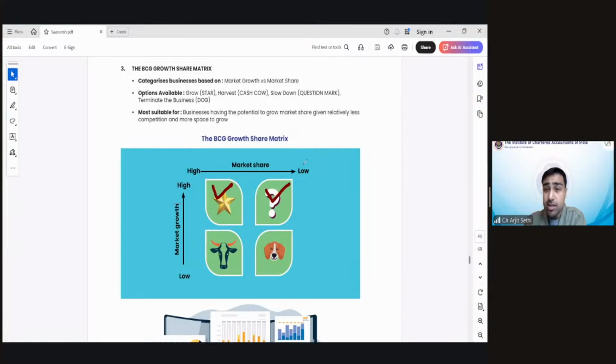करना भी है या नहीं, because your competition is winning more than you. If market की growth low है, but आपका market share बहुत सही है, you have a huge market share, then it's a cash cow, पैसे बनाते रहो. Dog हो, ना मार्केट शेयर है ना ग्रोथ है, exit कर जाओ भाई. It's a dog, exit it, right?